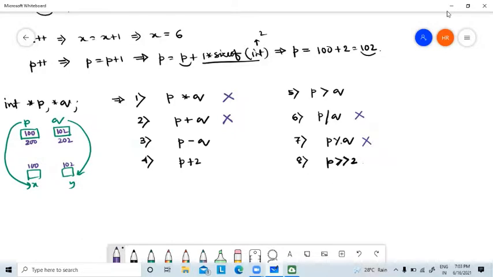No. But suppose I have two addresses, 100 and 102. If I add these two, I will get 202.